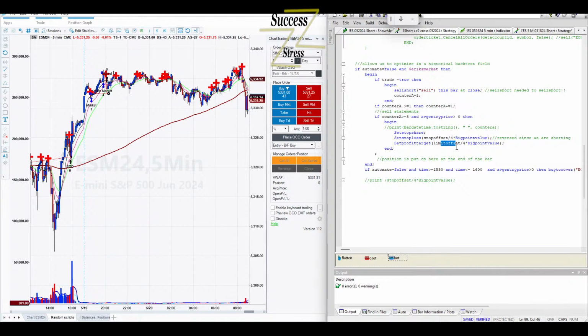Because I know I changed it earlier, and it was still saying ticks. So that's right.